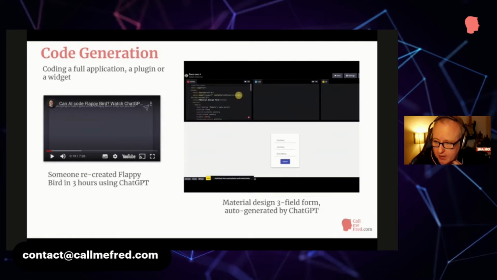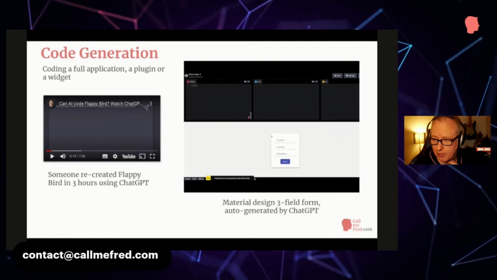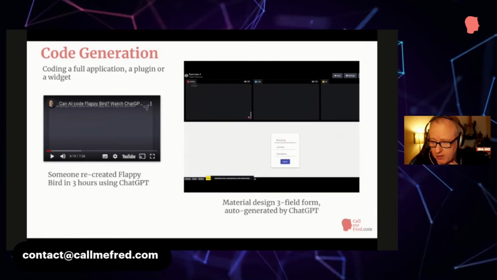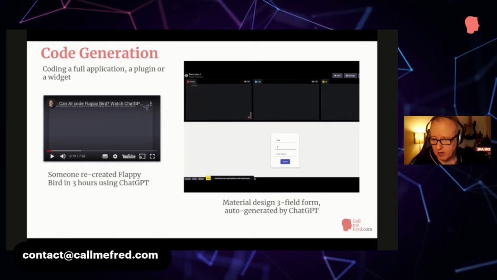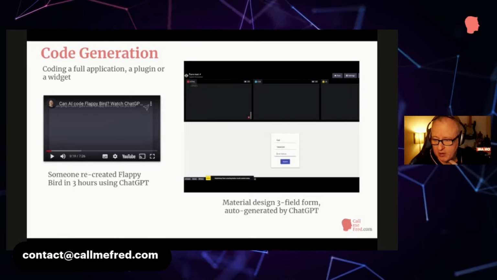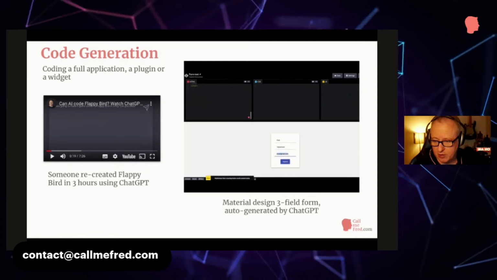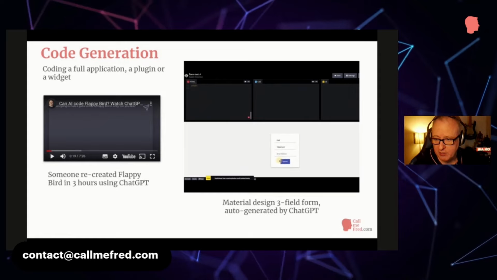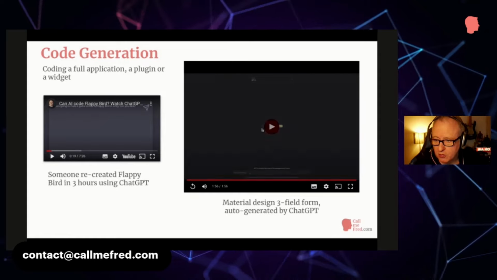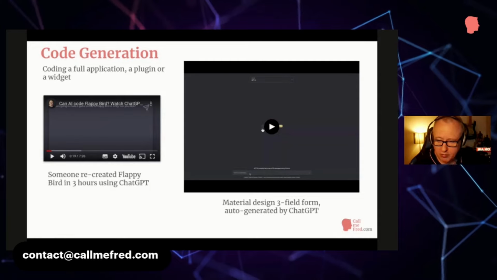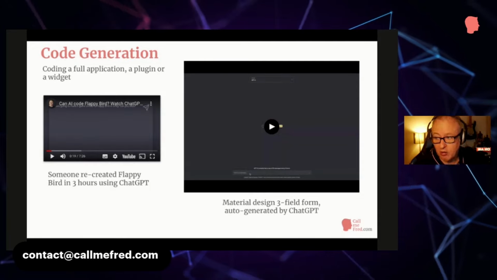And this is in CodePen, a preview of the form there in the bottom with first name, last name, and email address. And you will see that the form is fully functional, because if I remove the email address and try to submit with an empty field, it will tell me that I have to fill out the field. So you can create something pretty simple or even more advanced if you want to take some time to do it